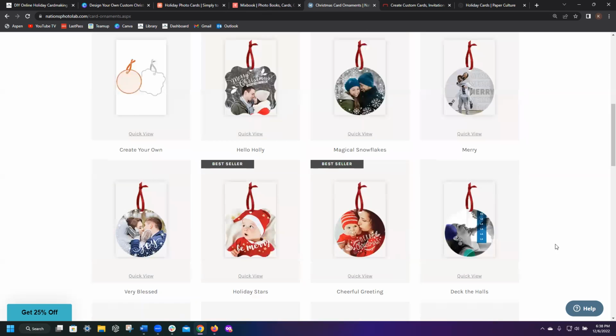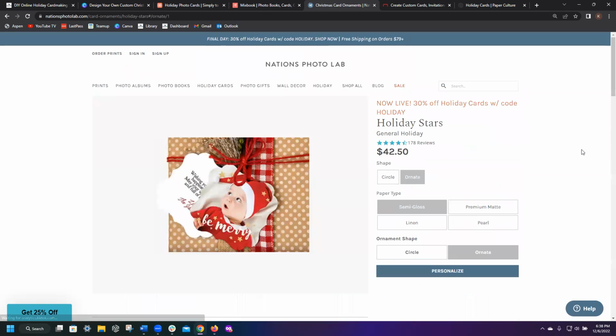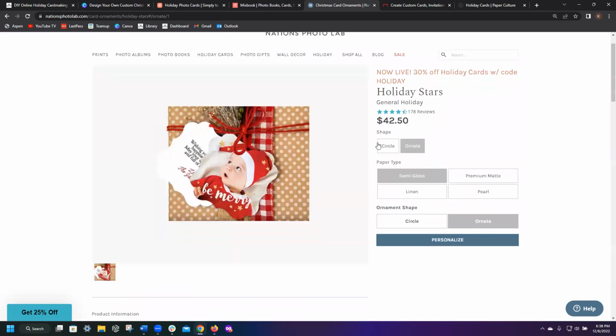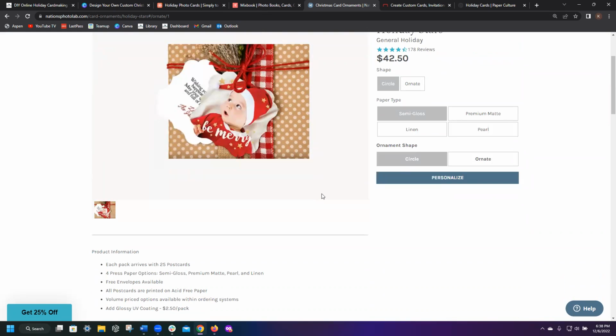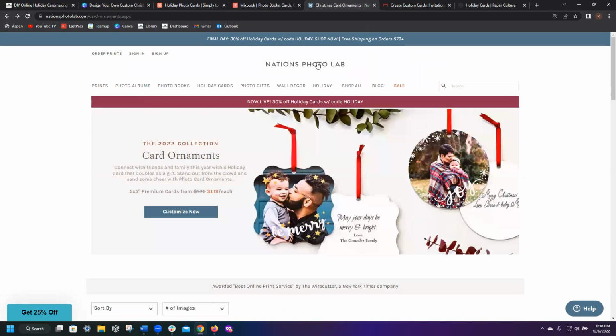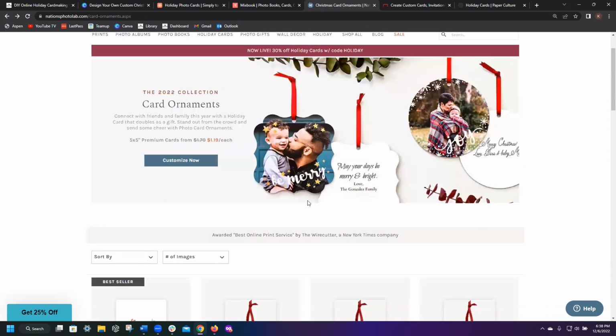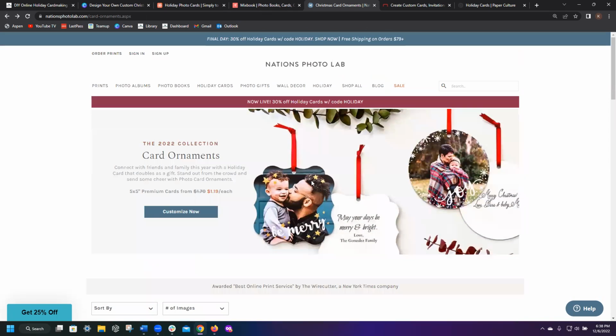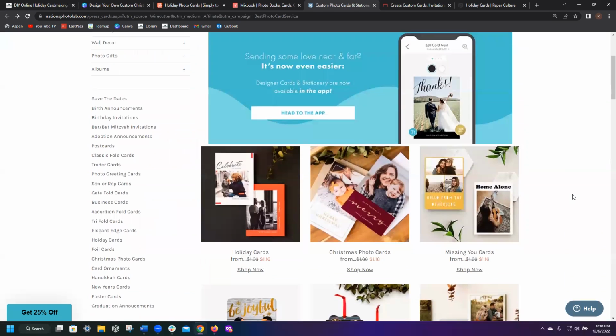Whenever you see these, these are sort of the template outlines. Let's see, that one's pricier. And then you personalize it. We'll go through this in Canva. But I know that Nations Photo Lab people tend to say that it has a little bit more old-fashioned or retro kind of designs. That's one thing they've tried to promote and